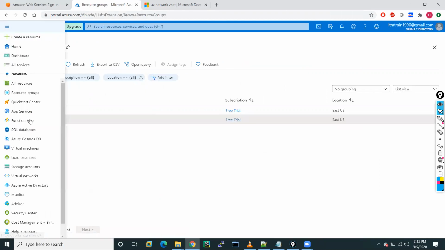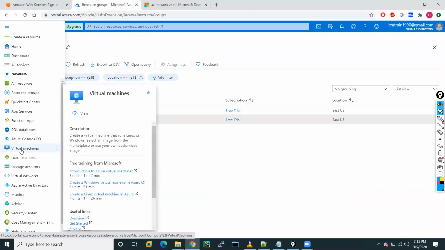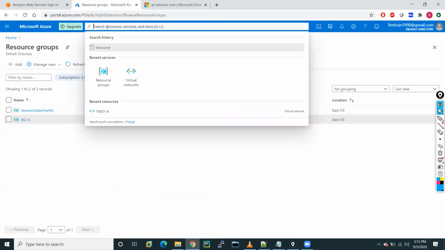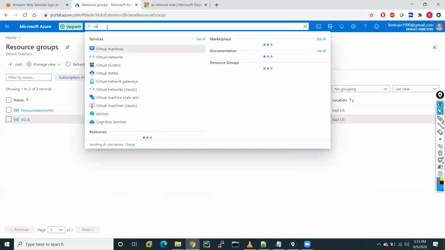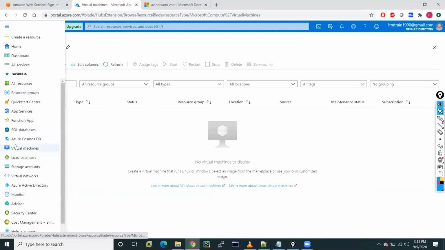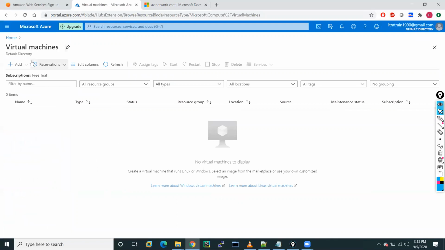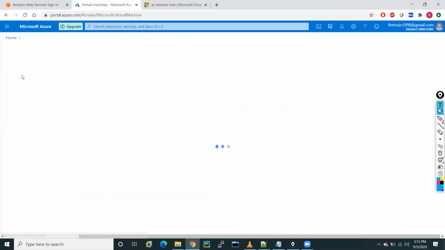To add a virtual machine on Azure, we have to go to the virtual machine section. You can either search for virtual machine here, or use that option from here. We don't have any virtual machine, so let me add a virtual machine on our web server subnet.